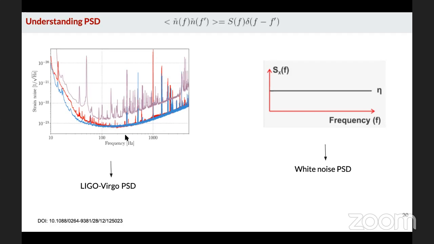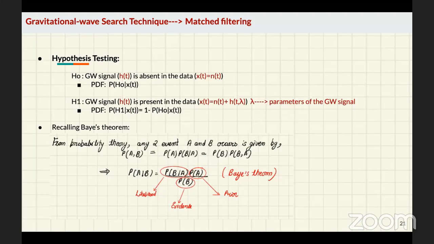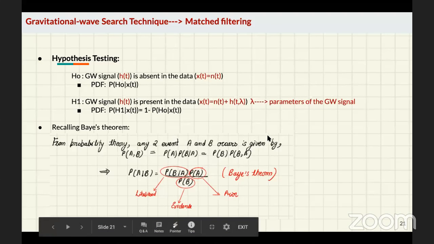But in LIGO or in our LIGO-Virgo data, what we see is that the noise actually has different power at different frequency bands, and this is what the sensitivity, or the power spectral density, corresponds to for our LIGO detectors. Now, why do we need to know power spectral density? This will come in the next slide. Okay, so